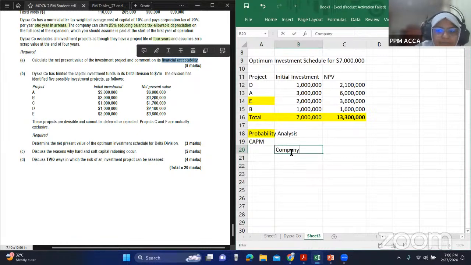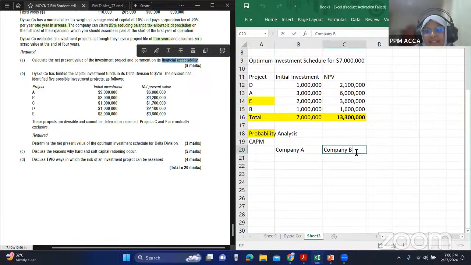So to put how CAPM comes into this whole thing, it's like this. We have one company A, company B. Okay. Now let's say company A was in one particular industry. Let's say they were in publishing, book publishers. Let's say they are Kaplan. Okay. They know the risk of the publishing industry. Let's say for some reason, company A wants to go and invest in a completely different business. They want to go and invest in, let's say, spare parts. Okay, they want to invest in something else, spare parts. Now, company B, let's say they specialize in spare parts.